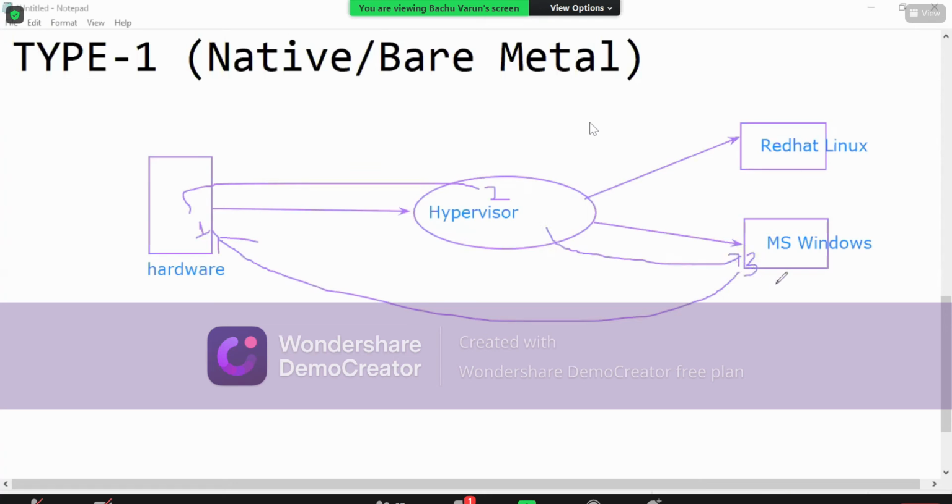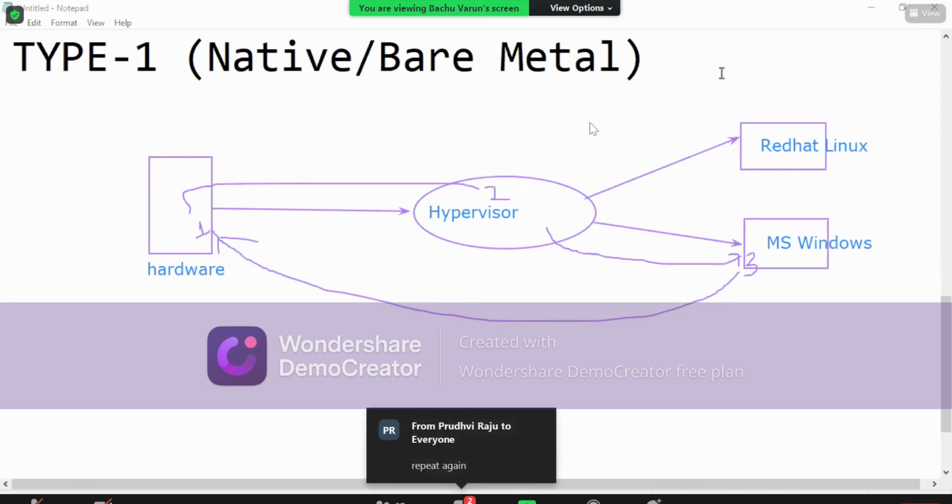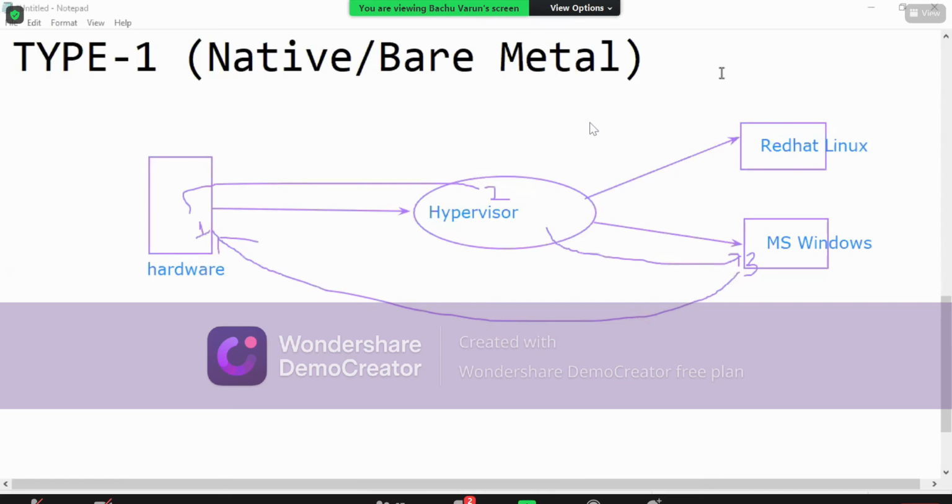This will happen in type 1 virtualization of cloud. Most of the companies or most of the cloud service providers use this type 1. We also have to understand what happens within our company. Before going into this, I'd like to explain the same concept in Telugu, so the local people please understand.